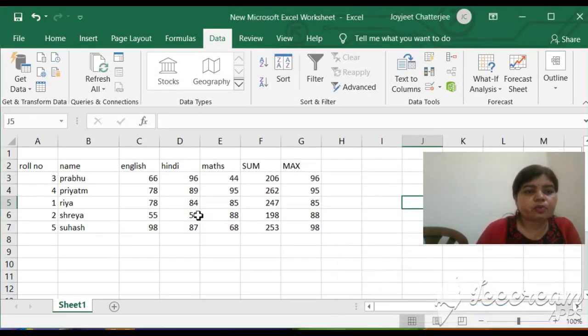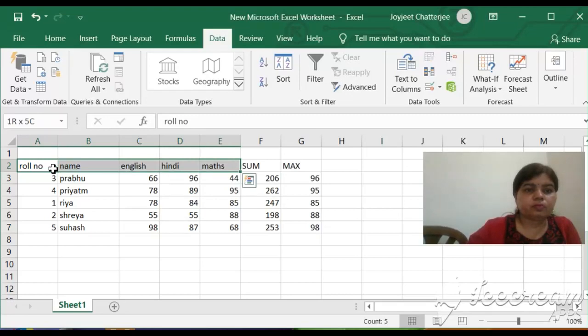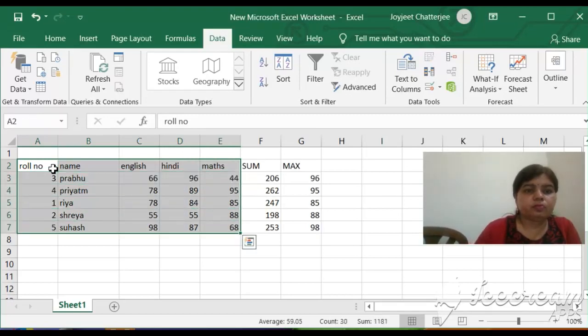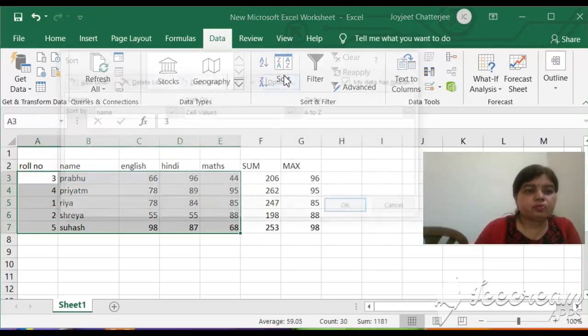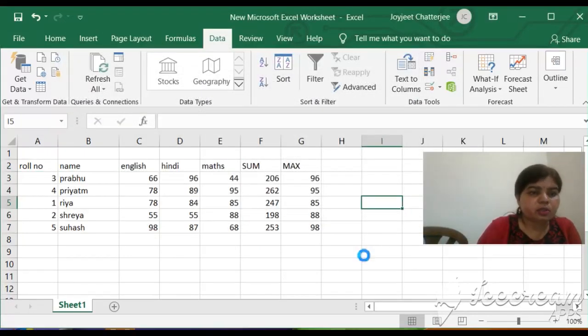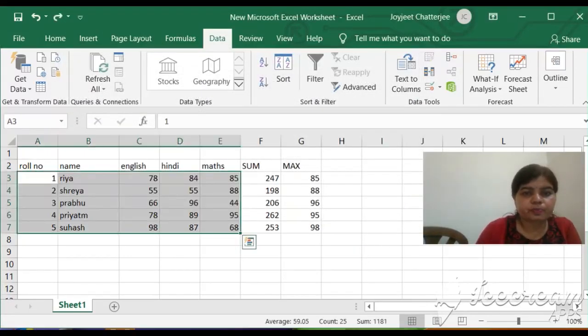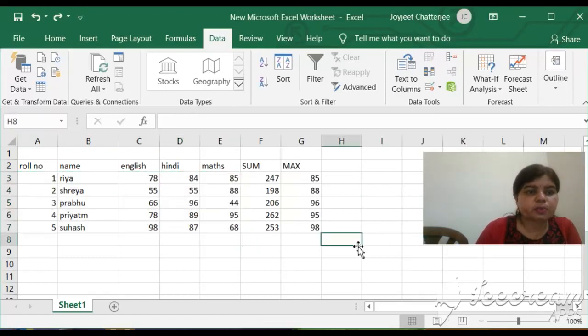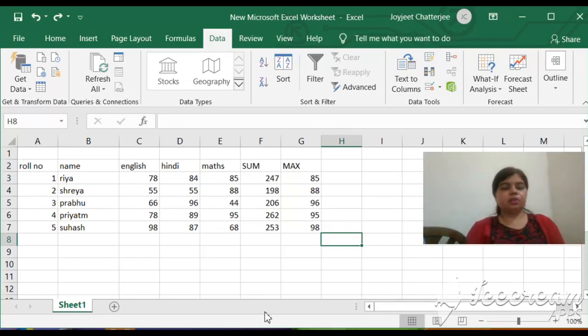First of all, you have to select the table. Otherwise you can undo. The undo option is a better option. You can perform it, then again it will come in the previous order. That is sorting. Now I'm going to show you once again.